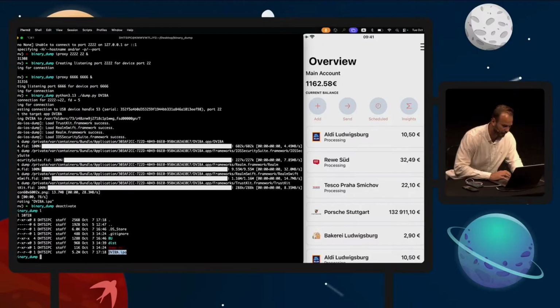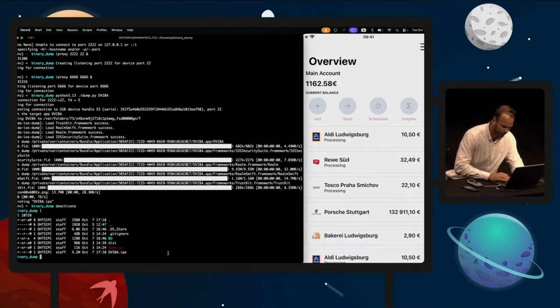Now we can leave the Python environment, and we can see that we have here DVIA. What just happened is that we dumped the memory of the application, because I could also secure copy it from the device, but that would be encrypted by your public key that would be created when you are signing into the device, and that wouldn't be enough for today's demonstration.